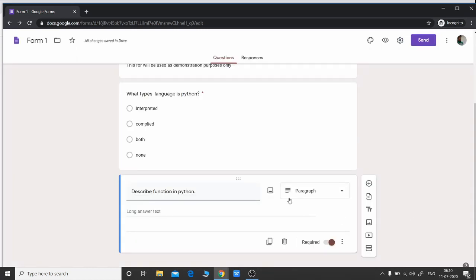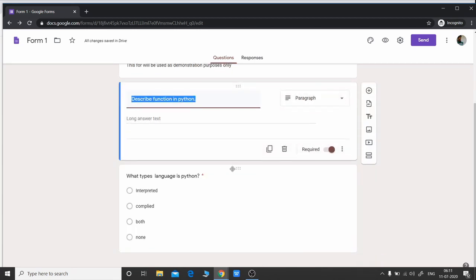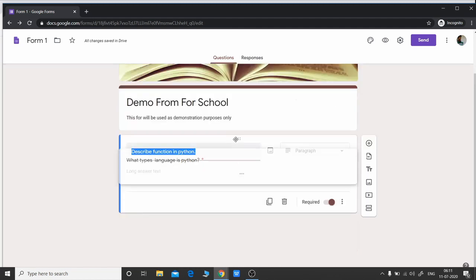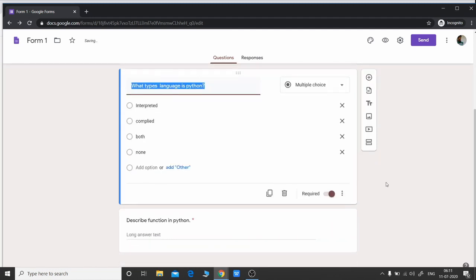And if you want, you can reorder it. That means I don't want this to be the first question, I want this to be the first question, so I can simply reorder it. Does it make sense? You can see there are 6 dots on the middle top bar, and the moment I drag my cursor over there, there is a crosshair. You can see that, right? So we can drag up and down using these options, and that is how we create a very simple Google form. Now you can add as many questions as you want. There is no restriction on it.